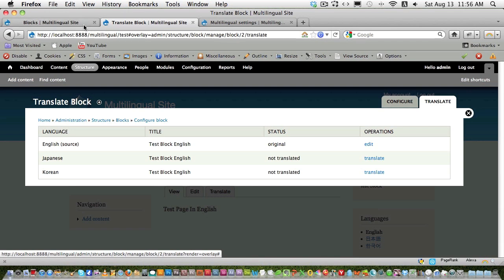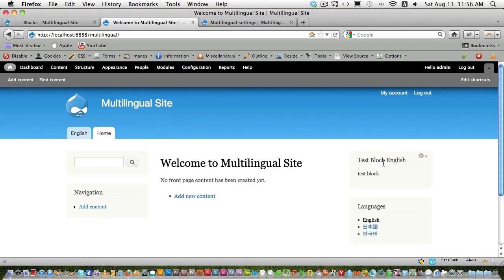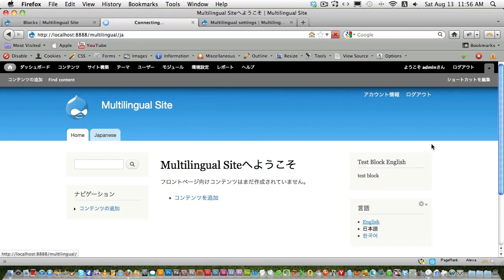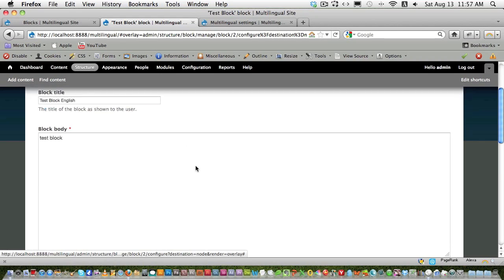So now let's go to the home page and see this page is in English. The block has been just created and this page is available only in English. If you go to Japanese, it's available in the Japanese page too. But we don't want this page in Japanese because this is only for English users. So what we do now, let's go to the English page and configure and set this